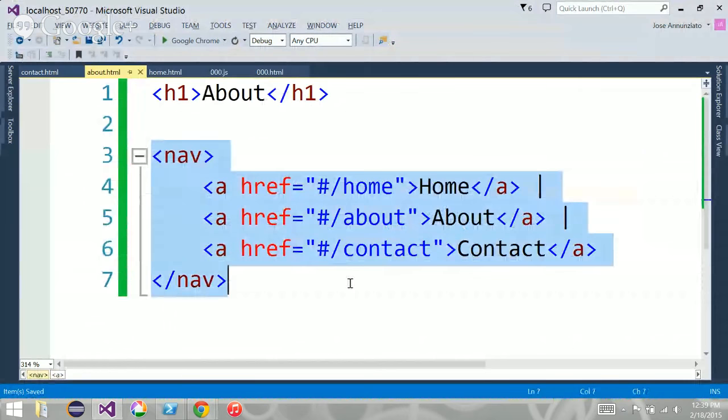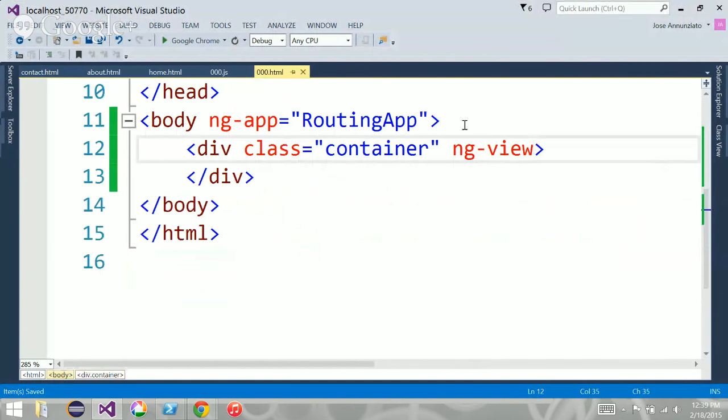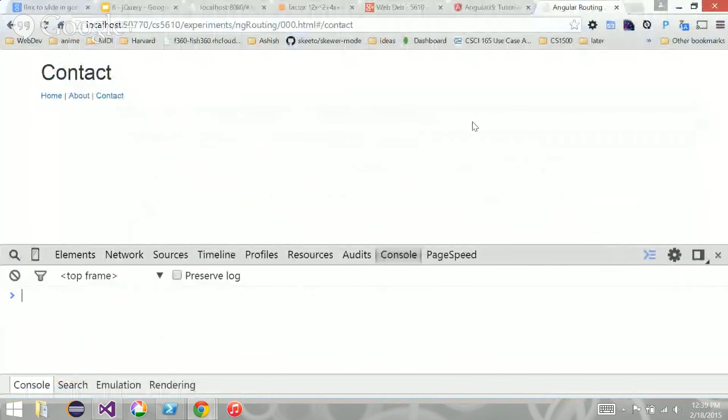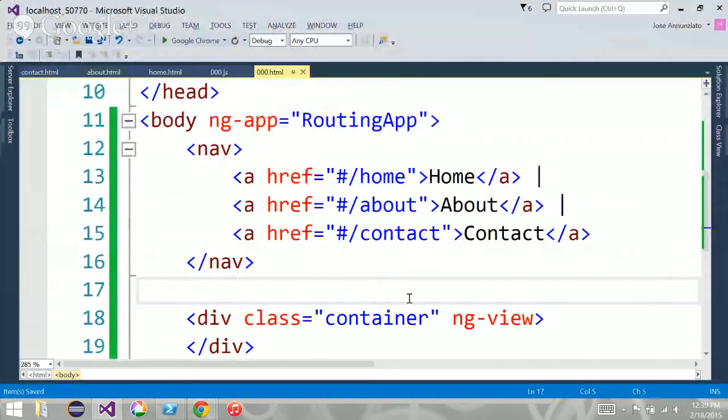Obviously, you might say, what a pain having to load this every time. Can't we put this somewhere where it's always there? So perhaps what we could do is put it outside.